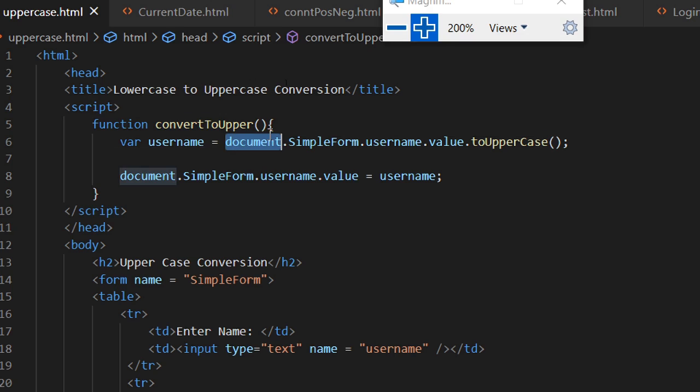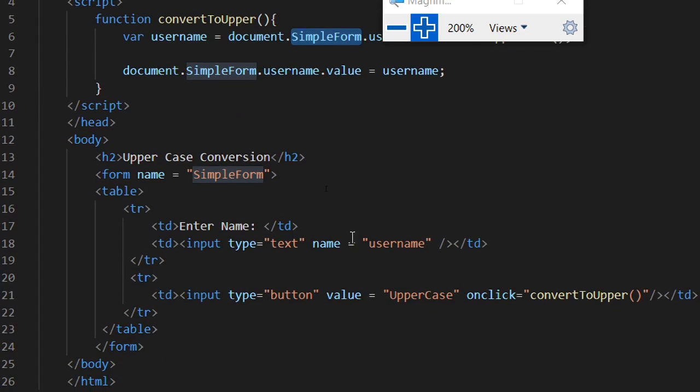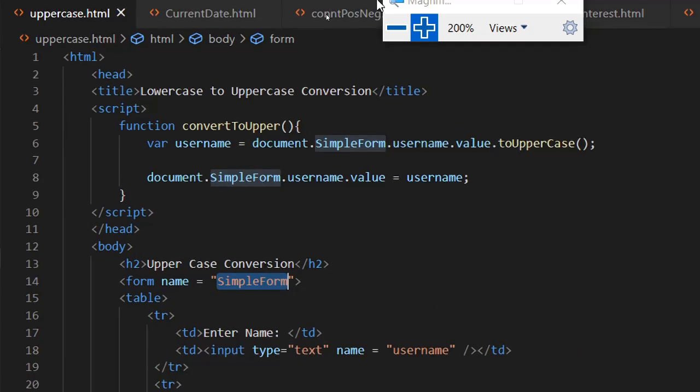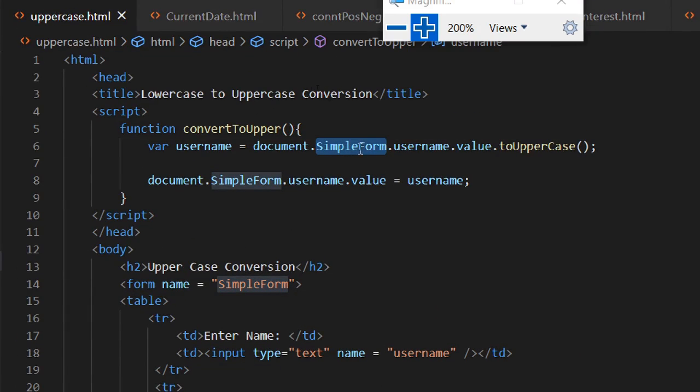Document is basically the DOM, an object through which you can access all the elements on your HTML page. So I am writing document dot simpleForm, where simpleForm is the name of the form. If you see here, the form name is simple form. So inside the HTML page, we have a simple form.